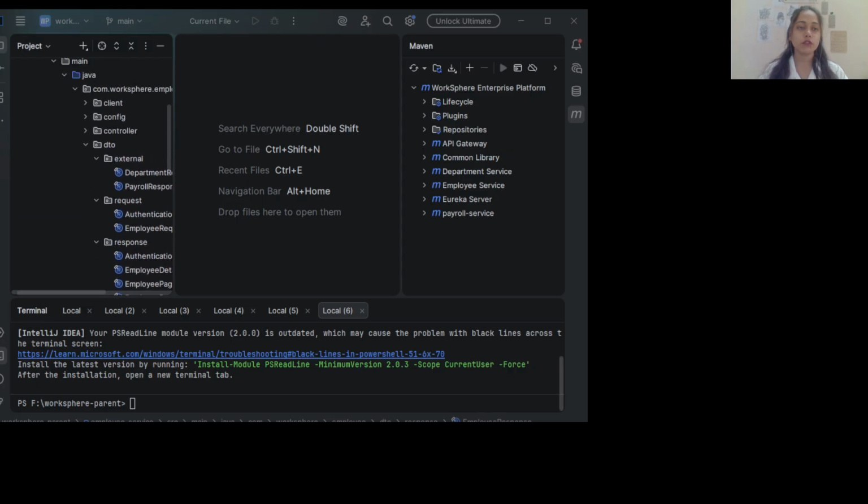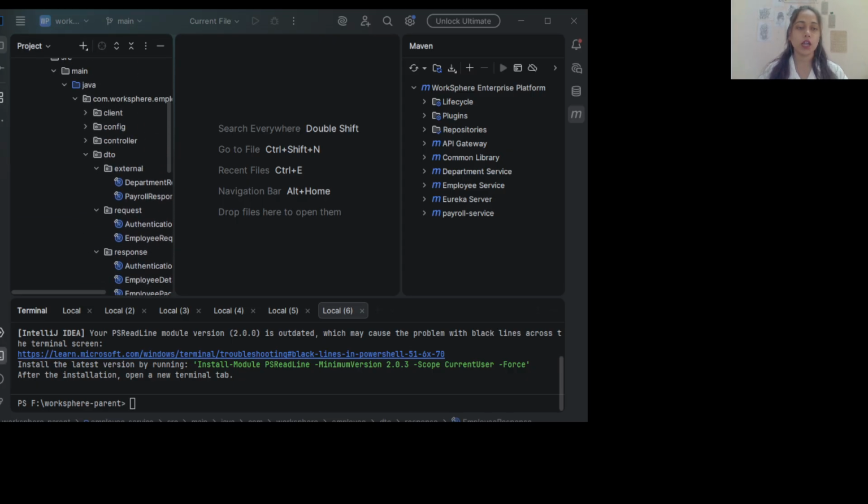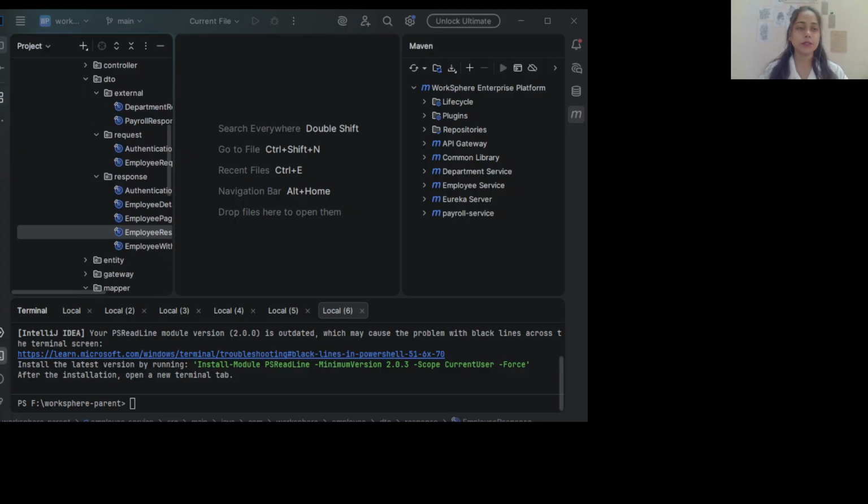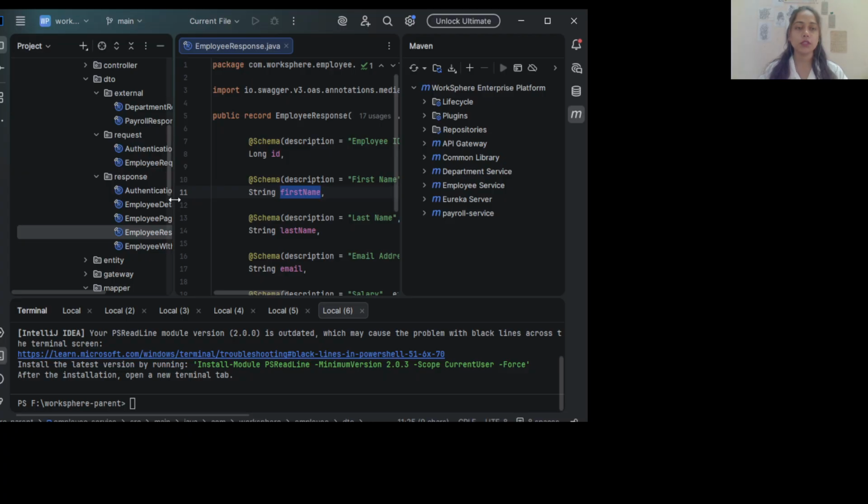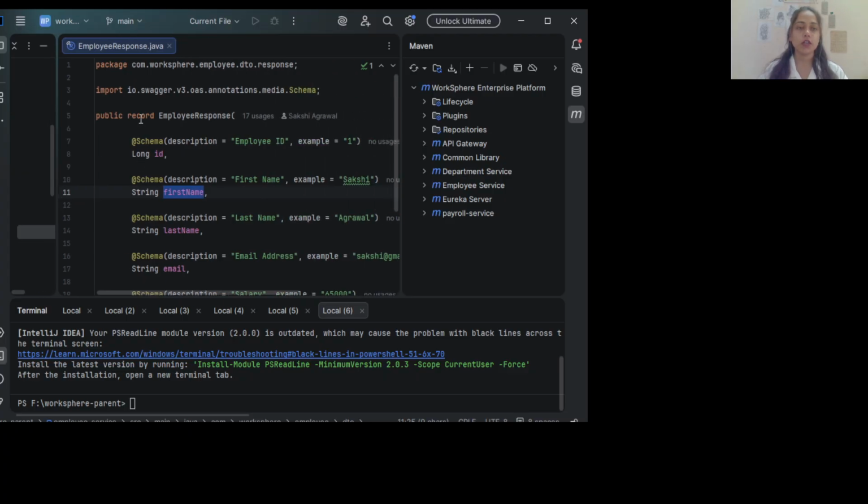In the employee service, we have DTO classes, like request or response. If we open the employee response, we can see it is created with the keyword record, not as a normal class. So employee response is a record class.